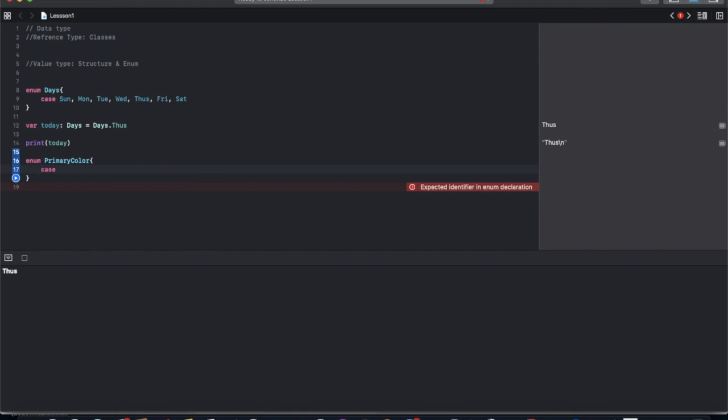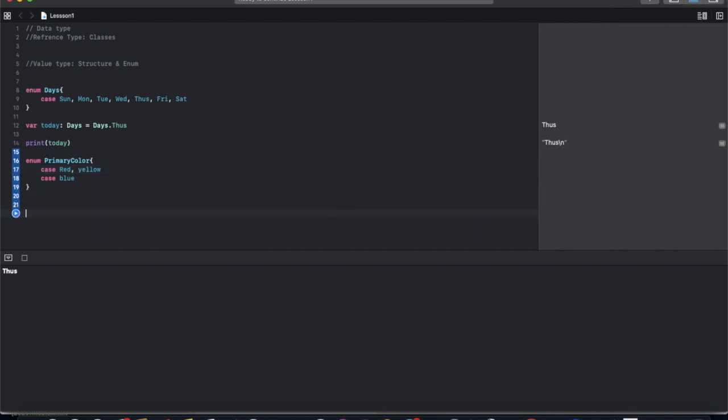We can create here case 1, red, case 2, green, case 3, blue, and yellow. It is the same if we declare multiple cases on multiple lines, or we can create them in a single line using a comma as a separator. So both are the same.